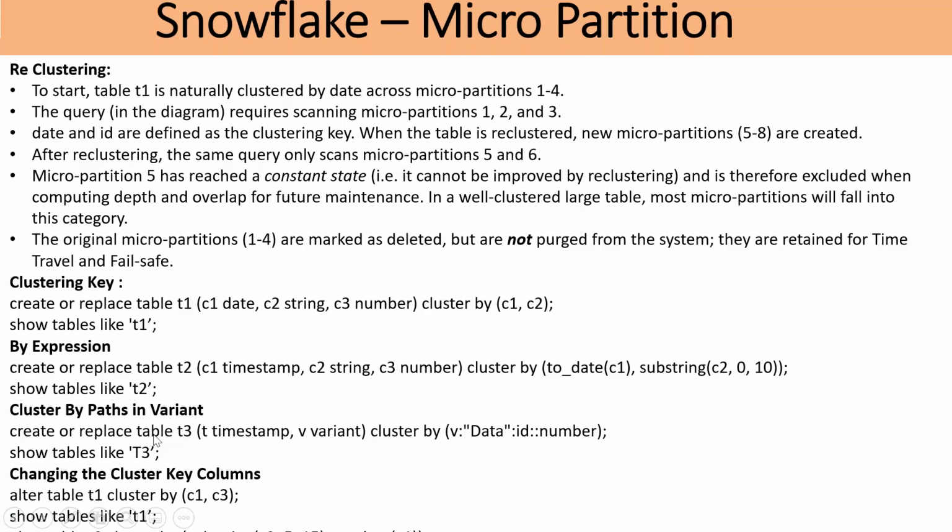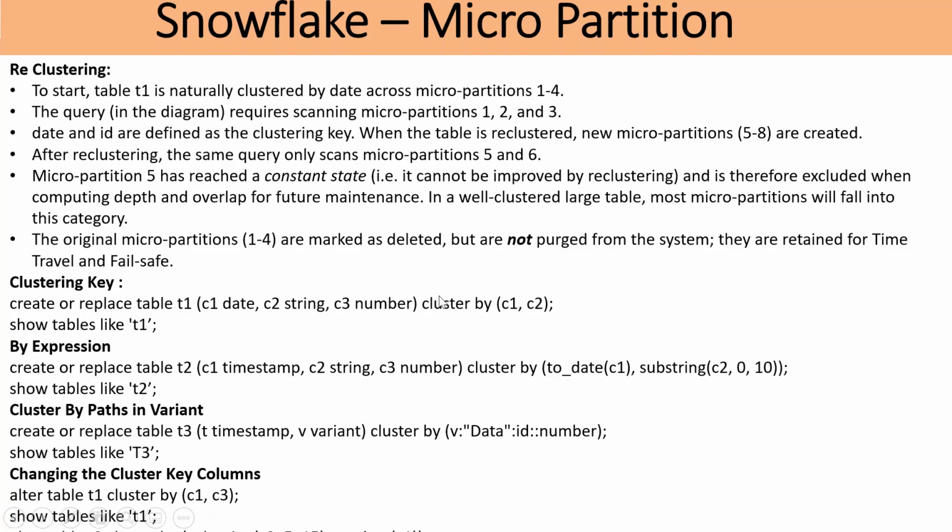If you have a JSON, right, you can cluster by path, create or replace table. We are trying to cluster by data ID number. So if you have a JSON table and it's more than terabytes of data and you want to cluster, you can cluster it as well. And if you want to change the cluster key columns, alter table T1, cluster by C1, C3, C2. The moment you do that, automatically it goes and deletes all the old partitions and orders the data according to the new